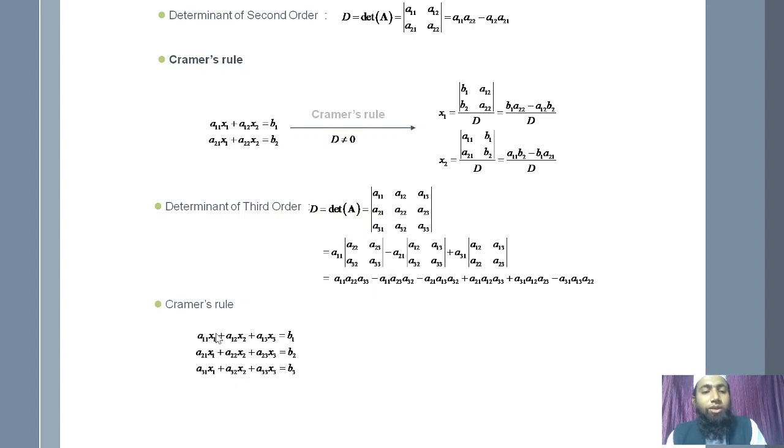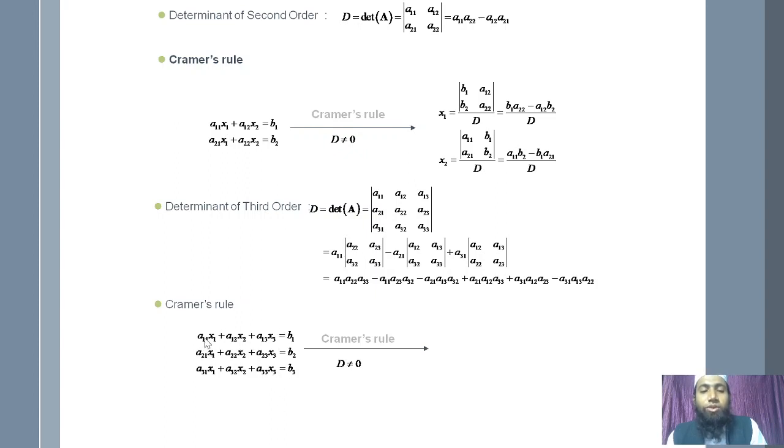First of all, हमको ये जो coefficients है, what are the coefficients here? We have to take the determinant of this like this. If this determinant is non-zero, अगर ये determinant non-zero आ रहा है, then only we have to proceed. Otherwise, if this determinant is zero, we have to stop there. हमको वहाँ पे stop होना है, and we have to say that this system has no solution. Same is the process. What we are doing here in 2 by 2 x1, in place of the coefficient of x1, a11, a21, what we are replacing? This right hand side. Same is the process here.